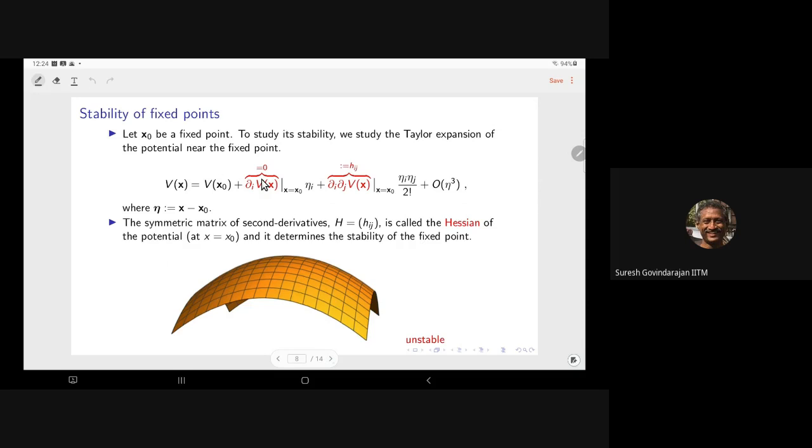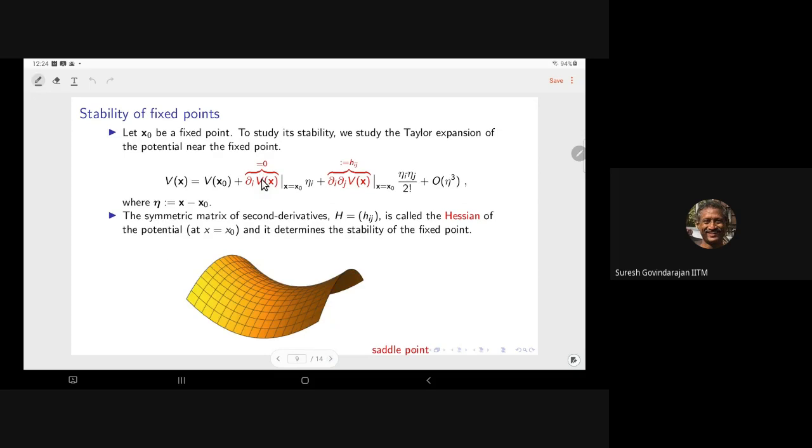Okay. And the third one is what we call a saddle point. So here you can see that in this direction, it's unstable, but in this direction, it is stable. Okay, stable in